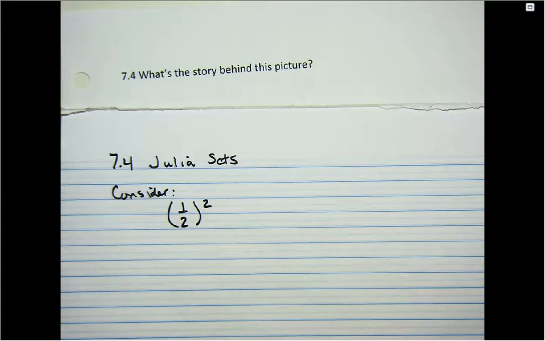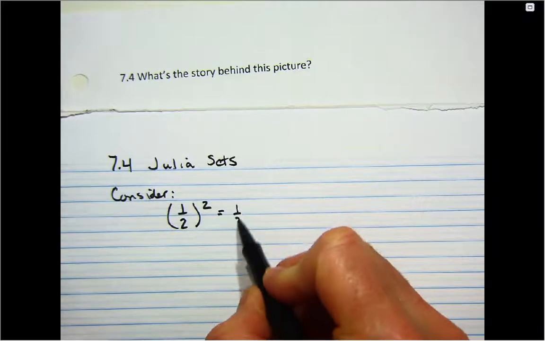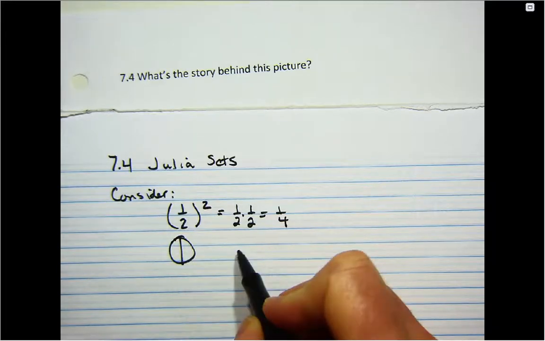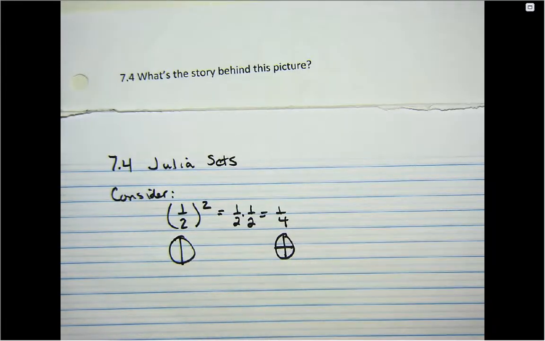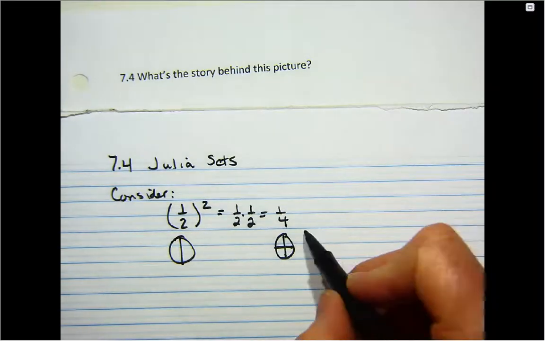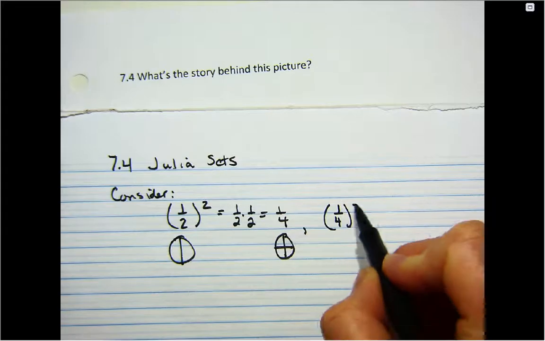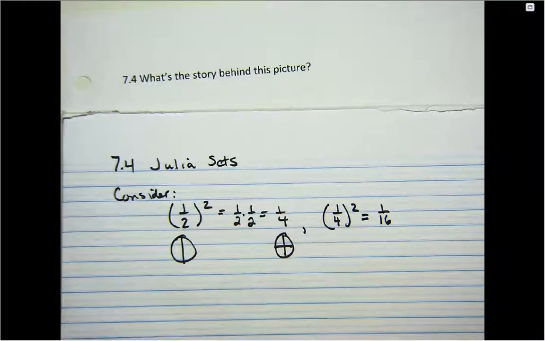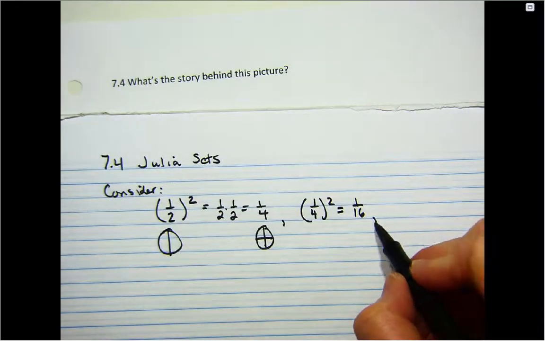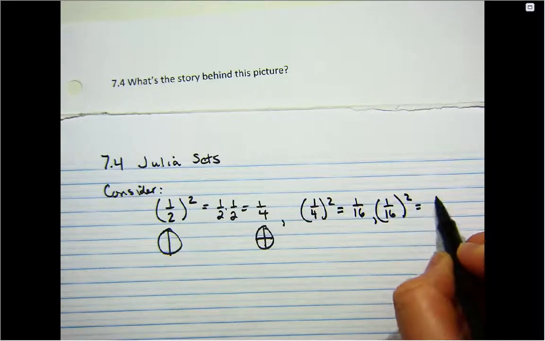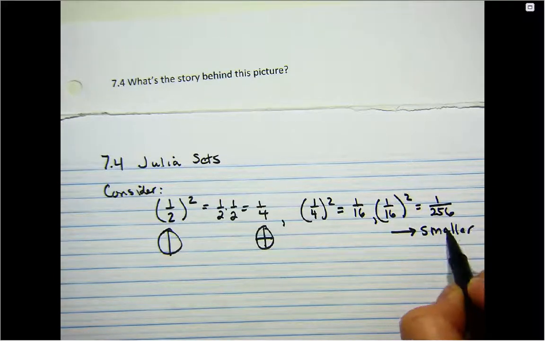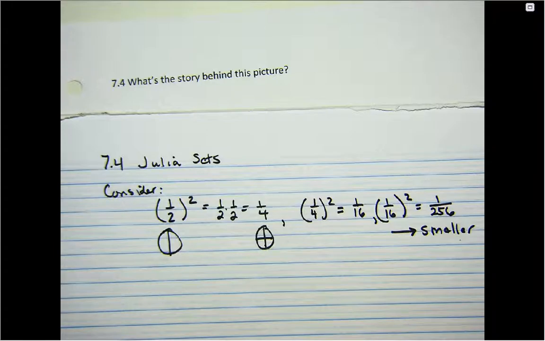So if you take a fraction, for example, smaller than 1, like a half, and square it, you get 1/2 times 1/2, which is a fourth. Well, a half is one of 2 slices, and a fourth is one of 4 slices of a circle. So the fourth is smaller. And then you can take the 1/4 and square that, and that gives you an even smaller number, 1/16, so a 16th of a whole. And you can continue this process, you take the 1/16 and square that, and that gets even a smaller number. So some numbers, as you square them and square them and square them, they get littler and littler and littler,